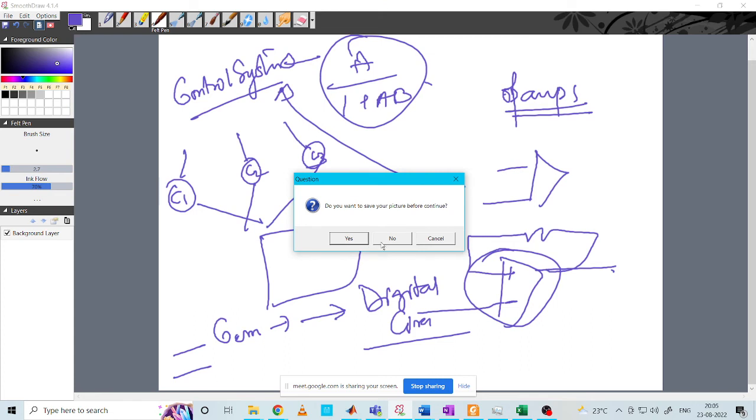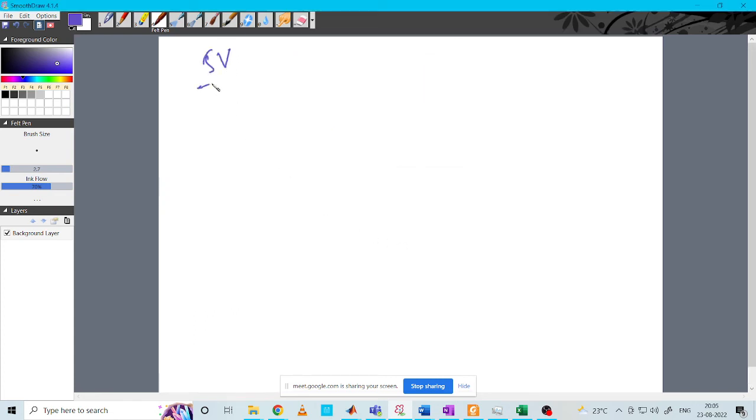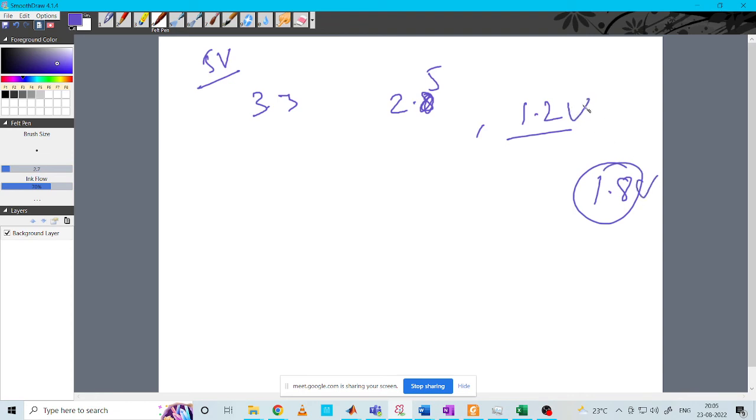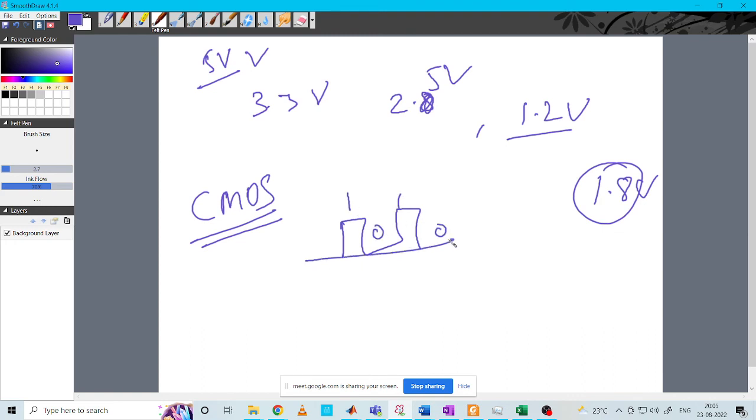No, there are many. You have 5 volt, you have 3.3 volt, you have 2.5 volt, you have 1.2 volts, you have 1.8 volts. Depending on the CMOS logic you are using, all these things will come. So for example, you can have a wave, you say it is 1010, but it can actually be 3.3, it can actually be 1.8. So it is up to the